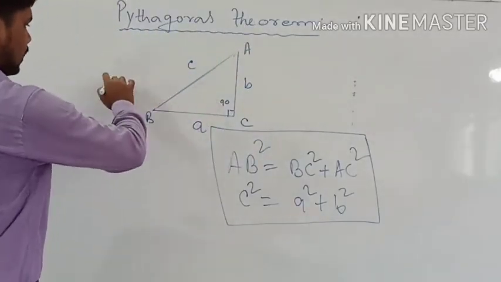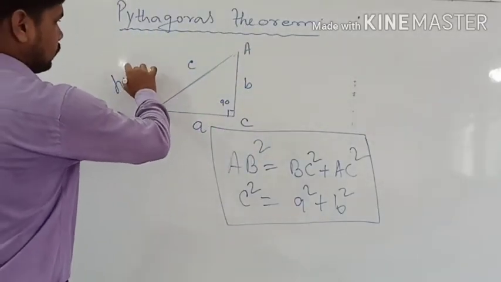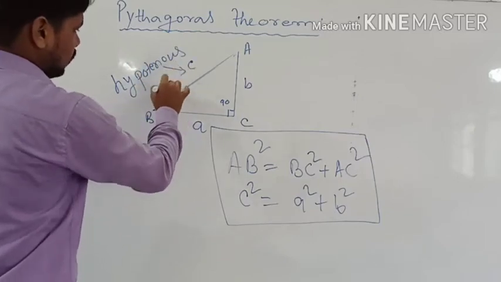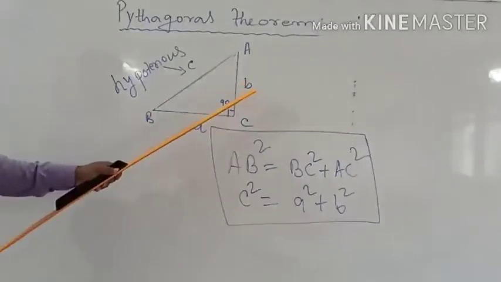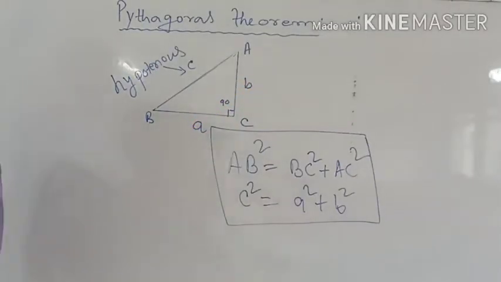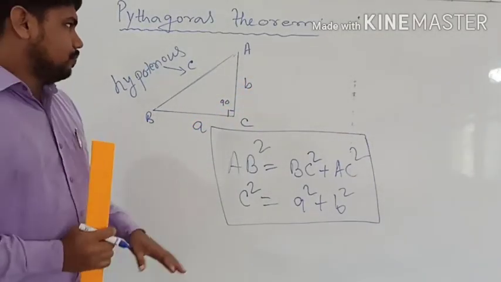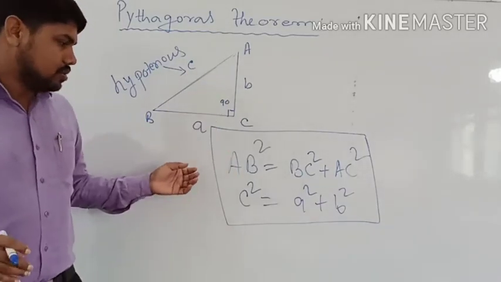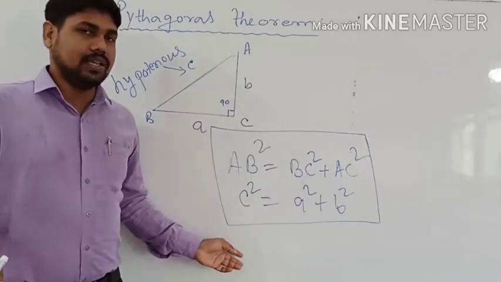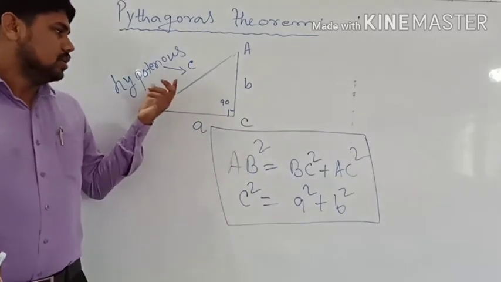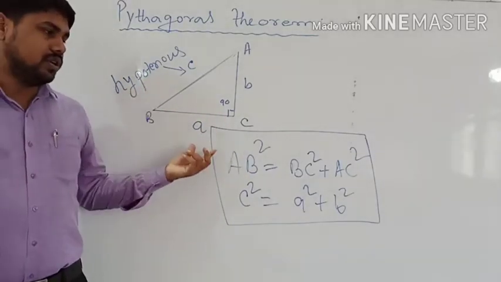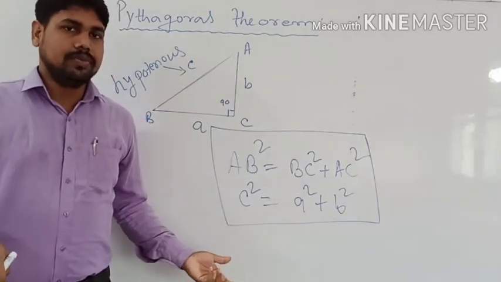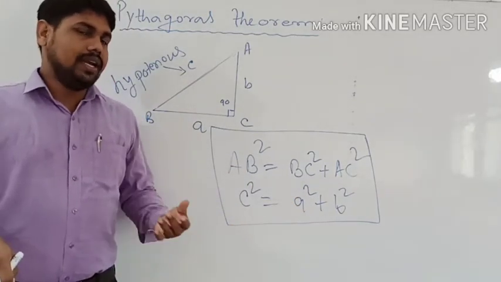So this is the relation which is given. Okay, so you just write this is hypotenuse, this is hypotenuse for your understanding, and these are the two sides. Okay, so that's all about the basic of the theorem. Okay, हम लोग इसको अगर स्टेटमेंट में लिखना चाहेंगे तो उसी तरह से लिखेंगे कि the square of the hypotenuse is equal to the sum of the squares of the other sides or other arms of the right triangle. Okay, and now let us prove.